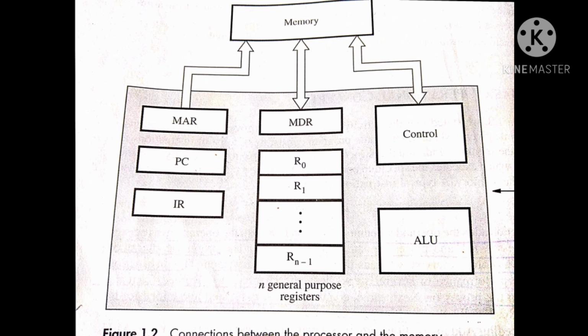The question was, explain the functions of processor registers with a block diagram. When the question is asked about the processor registers, these are all the processor registers. It can also be asked like, explain the functions of the processor registers with respect to the computer in the form of MAR, MDR, IR, PC and ALU. This comes for 12 marks or 8 marks. I have also put important questions for this module 1, and you can check them in the description box, and also on the top right corner. Just by clicking that, you will get all the important questions.